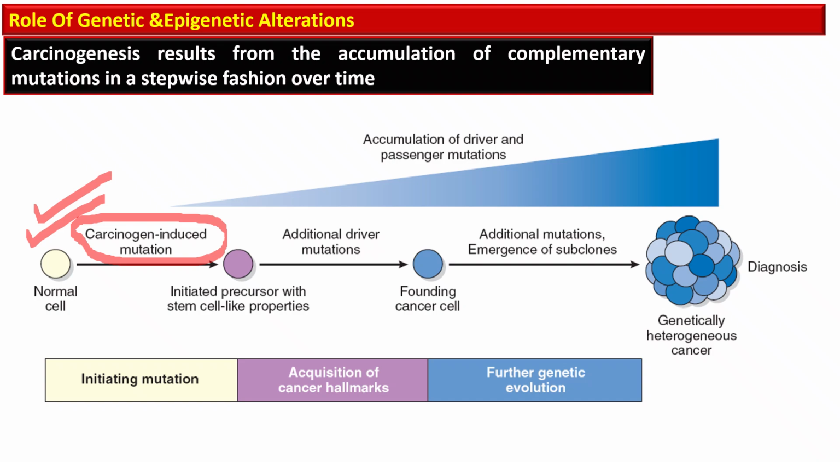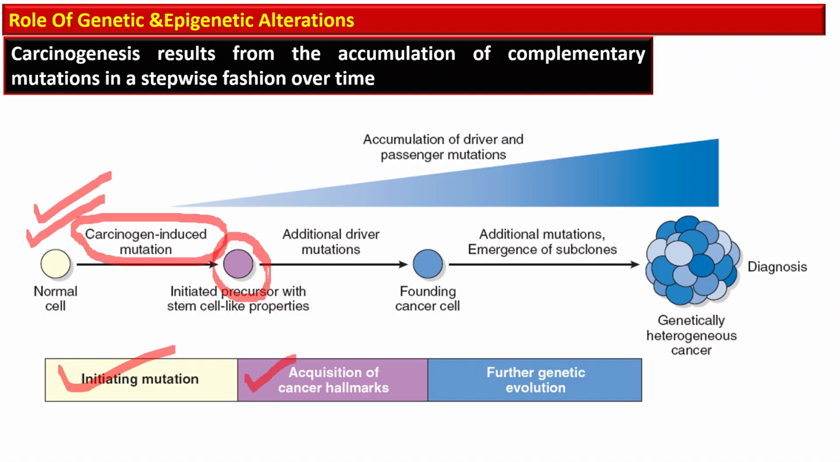process of carcinogenesis. So the first genetic alteration occurs, that is called initiating mutation, and this mutation may be caused by environmental carcinogens such as chemicals, radiation, viruses, or inherited germline mutation. There may be random errors during the cell division. This converts this normal cell into an initiated precursor cell. So here this purple color cell is the